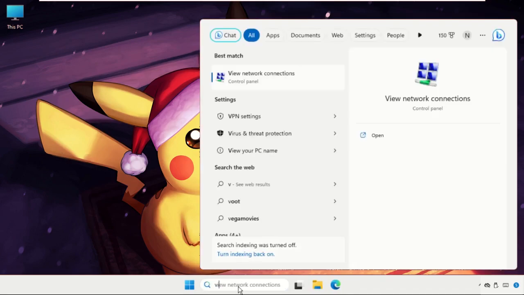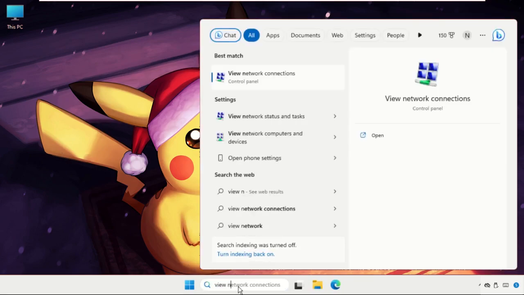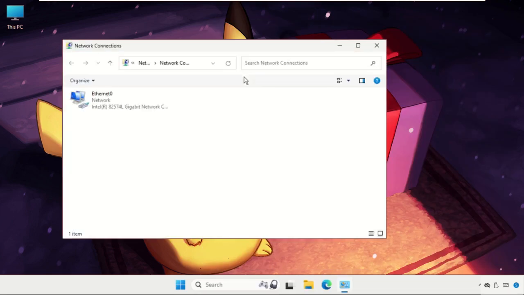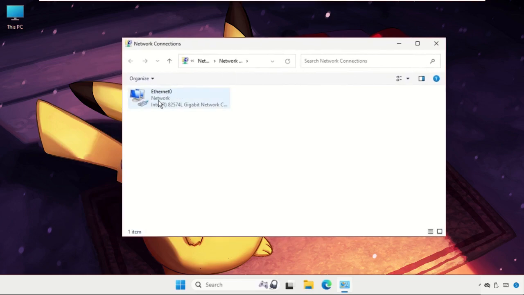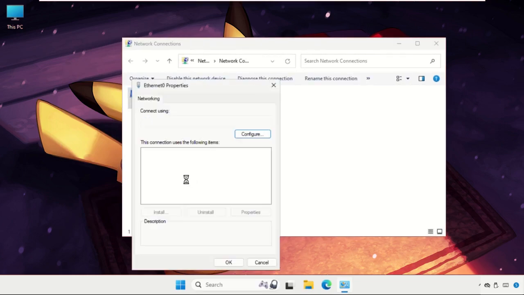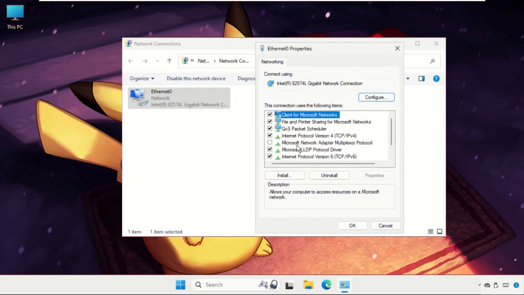And in the next method, just go to search bar, type view network connection. So from the search results, click here to open it. Once you are here, you need to right click on your internet connection, select properties, go for internet protocol version